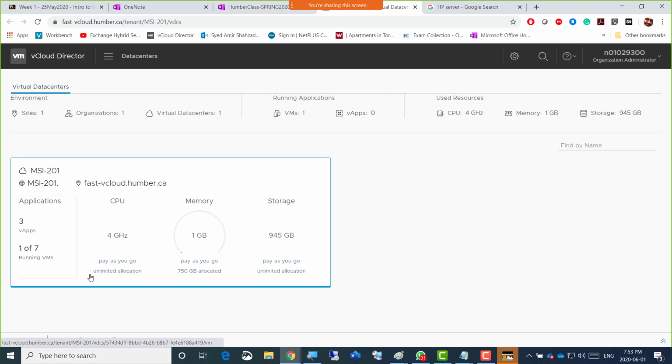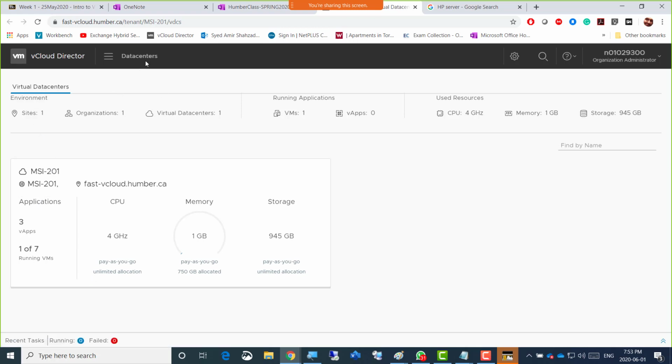Okay, so now you see this, right? There's a data center written there on top, data centers. And if I click the data centers on top, there's that data center, there's library here, there's site written here, there's organization, virtual data centers here. So if I click the data centers here,